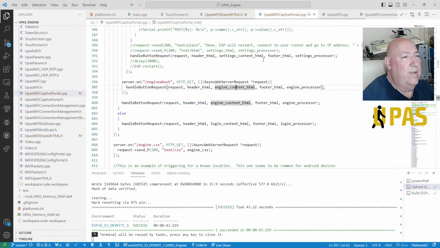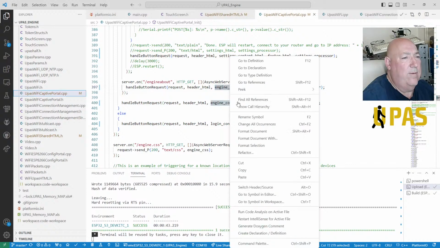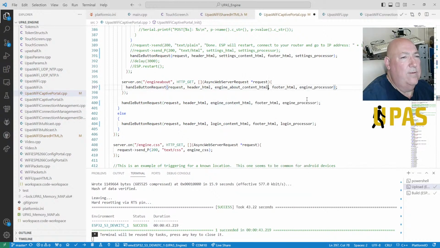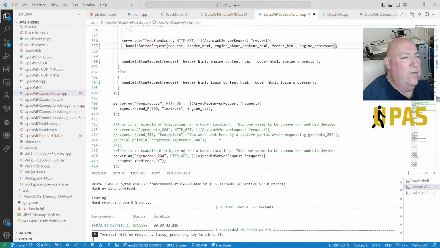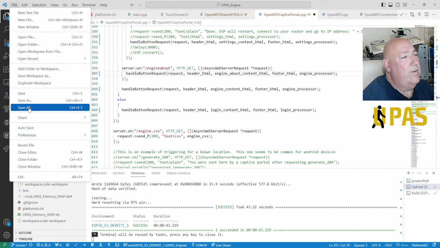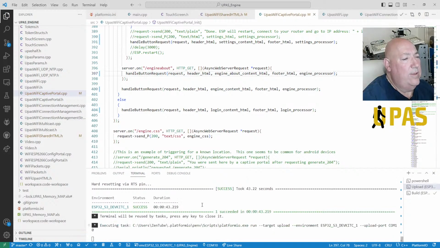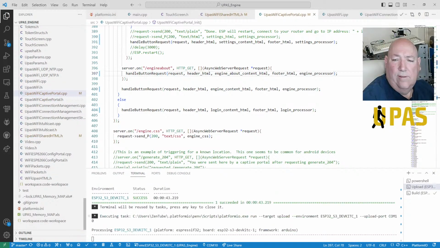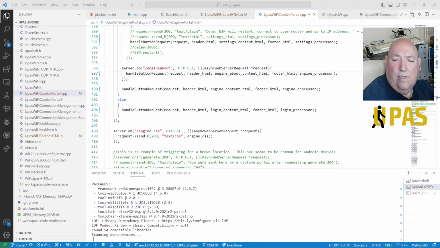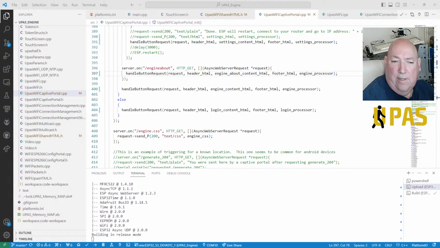Engine about content. So engine about. Server. Right, that needs to be that one. Right, okay. It needs to be, yeah, engine process, so that's fine. And then we've got the general one, and the login. Yeah, everything else looks good. Right, save all. Upload. And let's thank, we'll thank